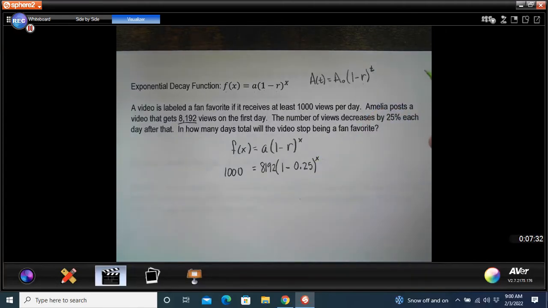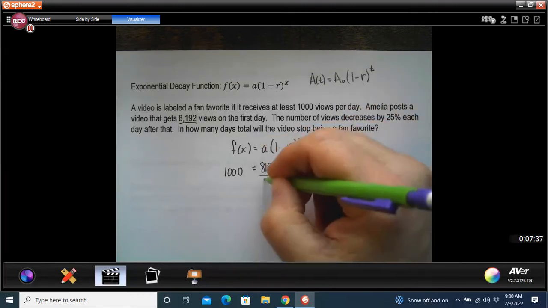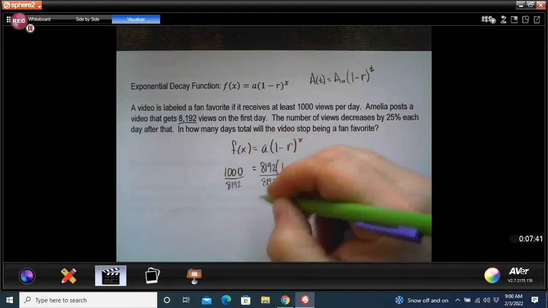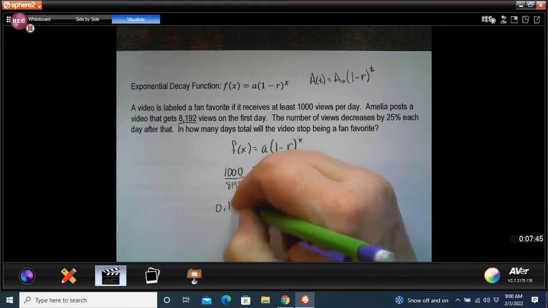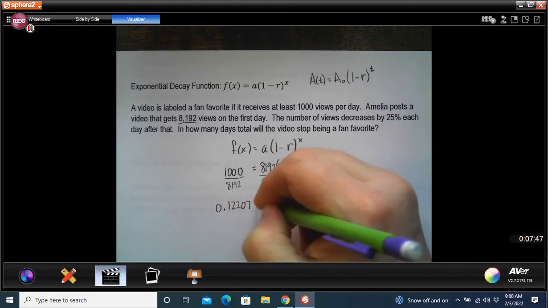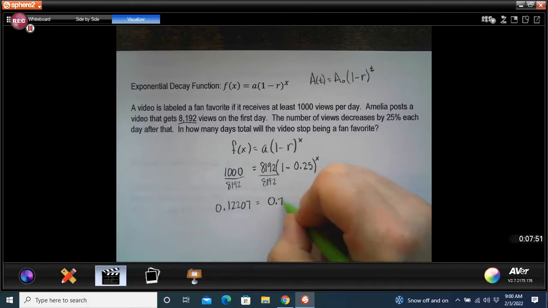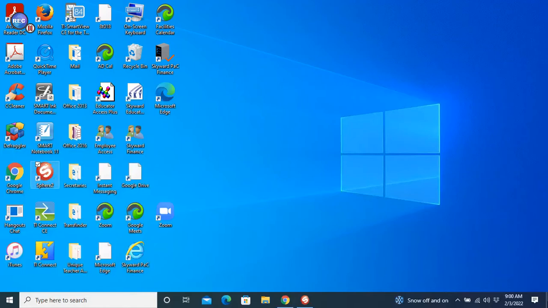What we want to do to solve this is divide both sides by 8192. In doing that, I get 0.1207. Then 1 minus 0.25 is 0.75 to the x. And now it becomes a guessing game. I grab my calculator,